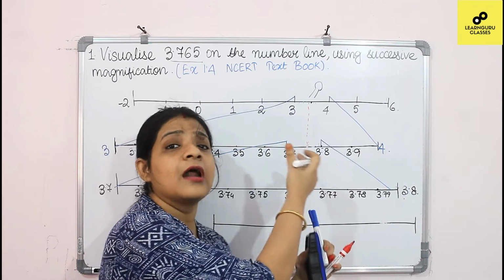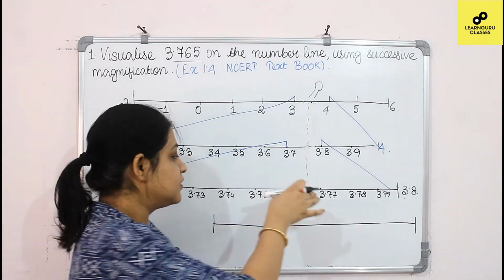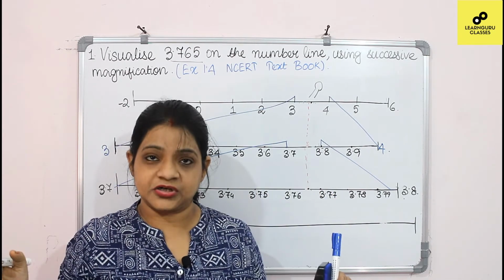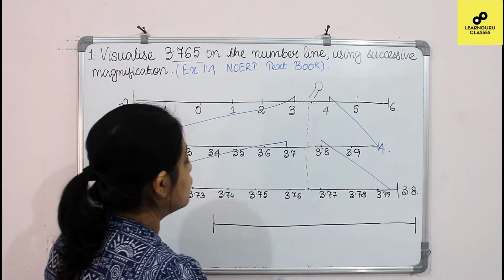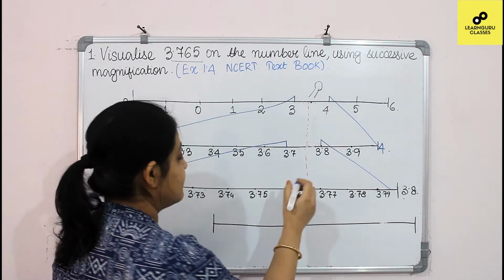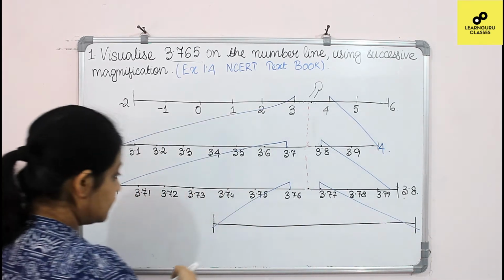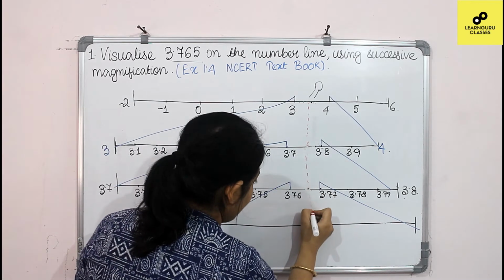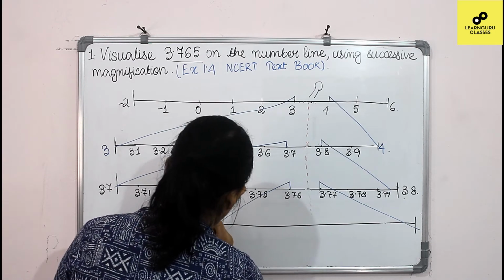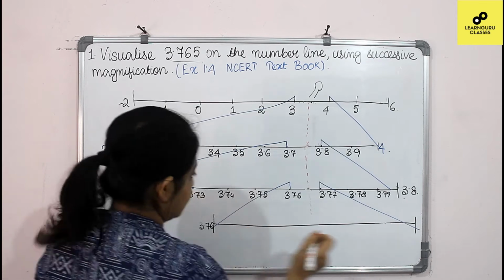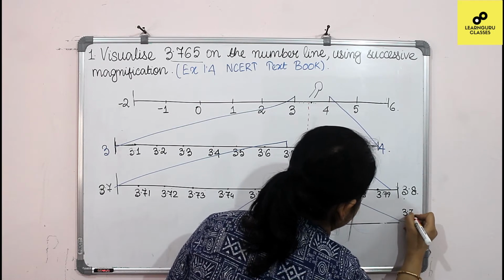Okay, now your next job is to place again the magnifying glass. Let us imagine that we are placing the magnifying glass here. As we place the magnifying glass here, this area will get enlarged. So the fourth number line will give you an enlarged view of the space between 3.76 and 3.77. Let us project it somewhere here and mark the area. So this is 3.76, this is, sorry, I am writing here 3.77.